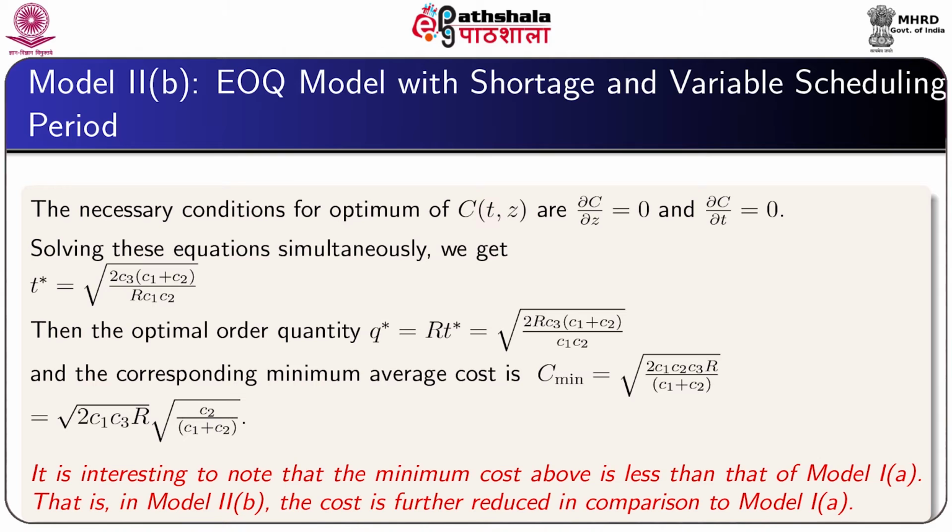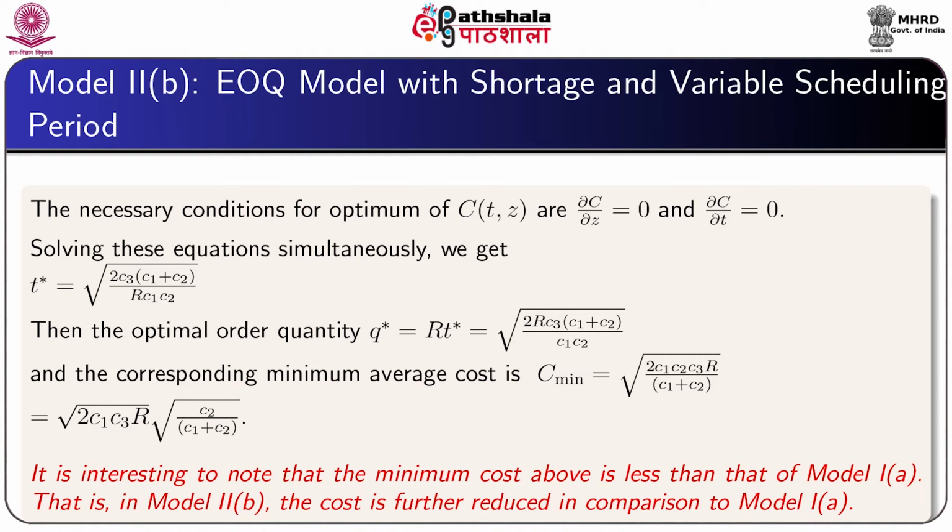The necessary conditions for optimum of C(T,Z) are ∂C/∂Z = 0 and ∂C/∂T = 0. Solving these two equations simultaneously, we get the scheduling period T* = √(2C3(C1+C2)/(R·C1·C2)). Then the optimum order quantity Q* will be equal to R·T*, which is √(2RC3(C1+C2)/(C1·C2)),